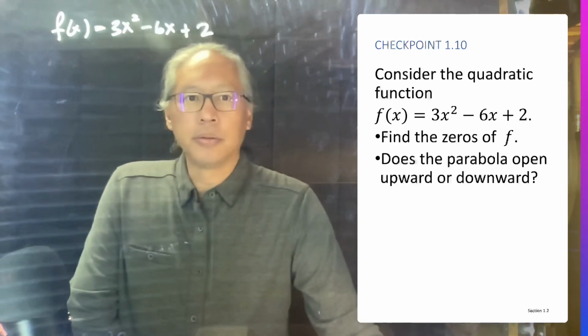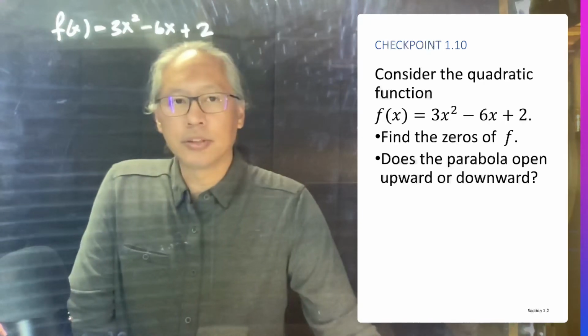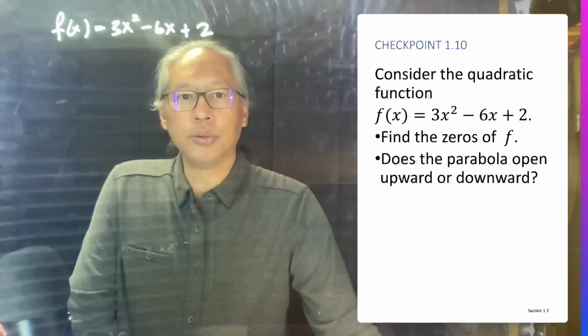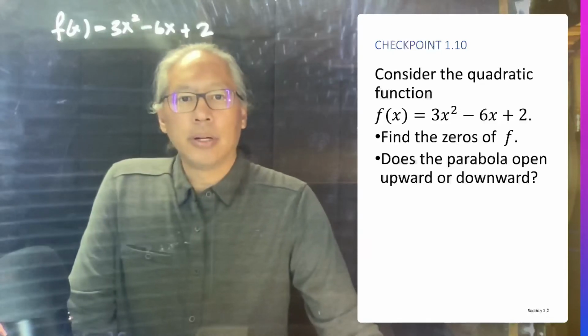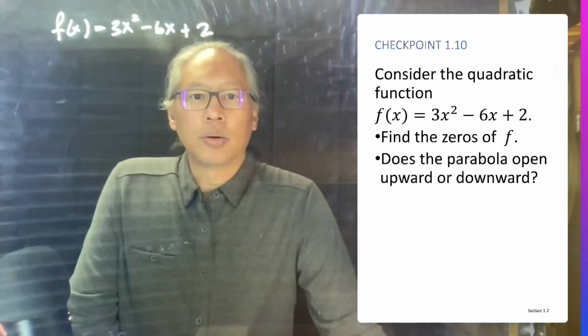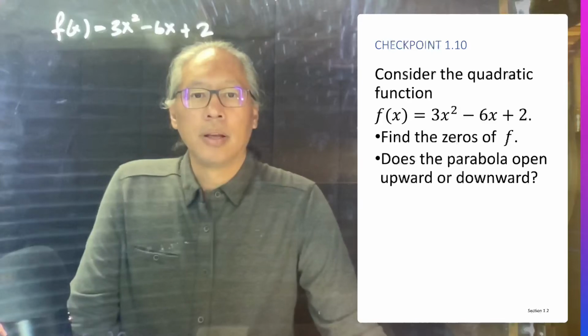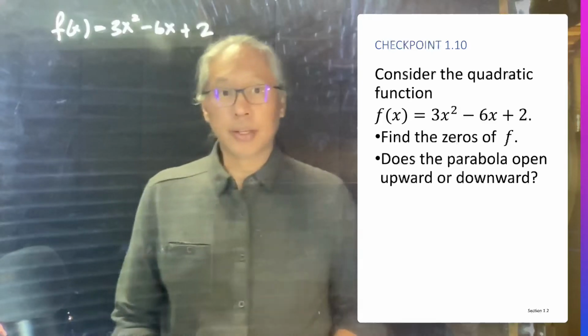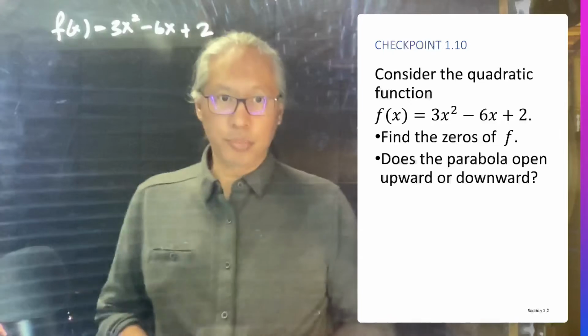Hello, we're doing checkpoint 1.10 from section 1.2. Here we are asked to consider this quadratic function, 3x squared minus 6x plus 2. First they want us to find the zeros, and then they want us to see if the parabola is opening